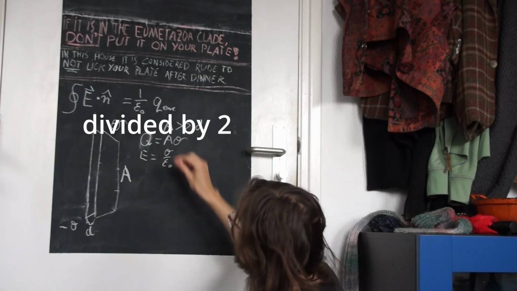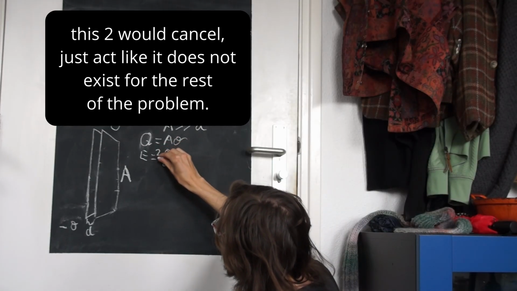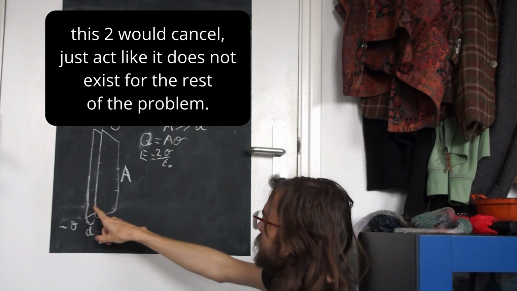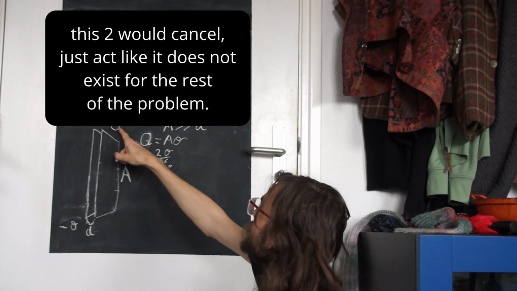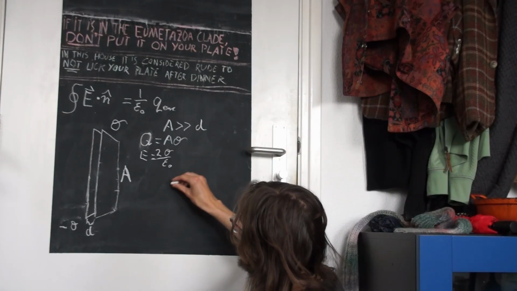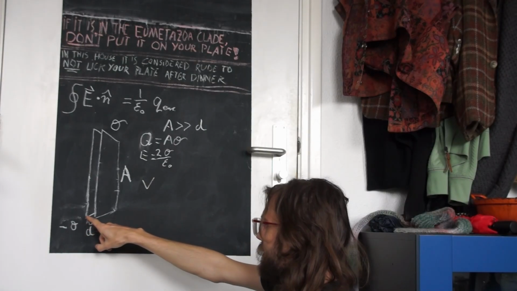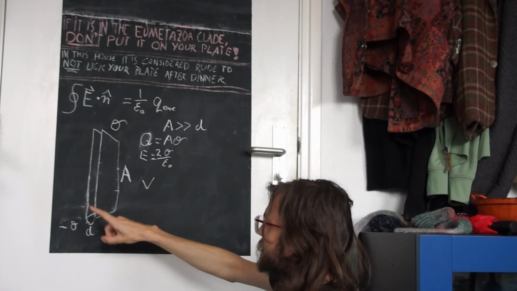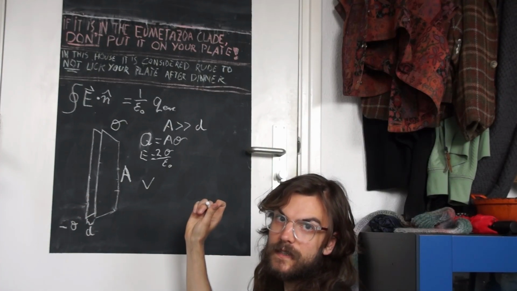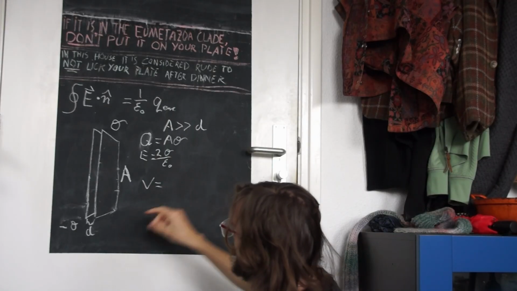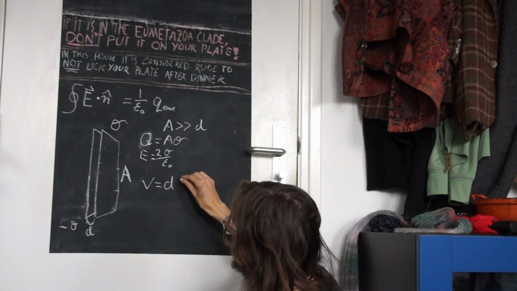But we have two plates, so we need a little 2 here, because the electric fields work constructively, because this one has a negative charge and this one has a positive. Next up, let's notice that the voltage between our plates is just the integral from one plate to the other, but the electric field is always pointing in line with the integral, meaning that we can just multiply d times E,